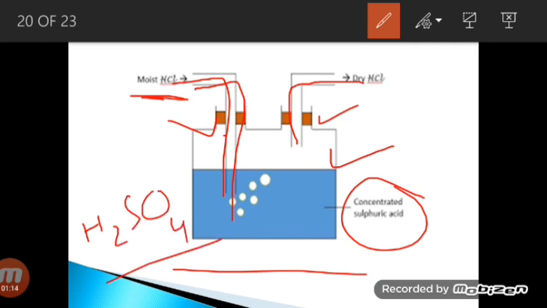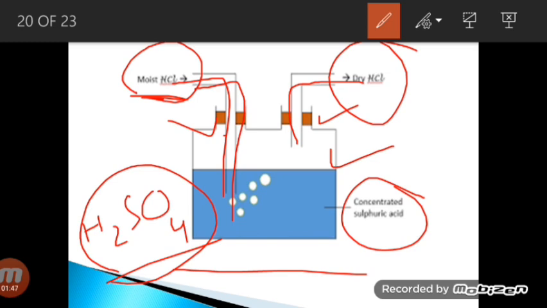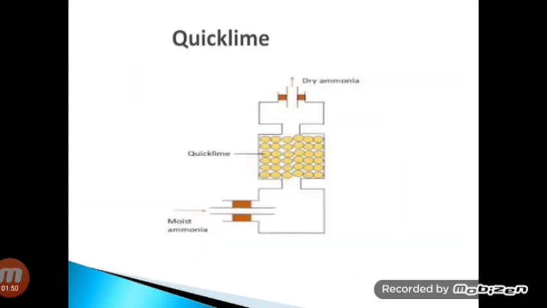Always remember that concentrated sulfuric acid is used to dry all those gases which are acidic in nature. It can never be used to dry any gas which is basic in nature. Why? Because acids can easily react with bases, so we are not going to use any alkali or base with sulfuric acid. Sulfuric acid will be used to dry acidic gases, such as moist hydrochloric acid. So this moist hydrochloric acid is injected into the concentrated sulfuric acid, and dry hydrochloric acid will be obtained at the end.